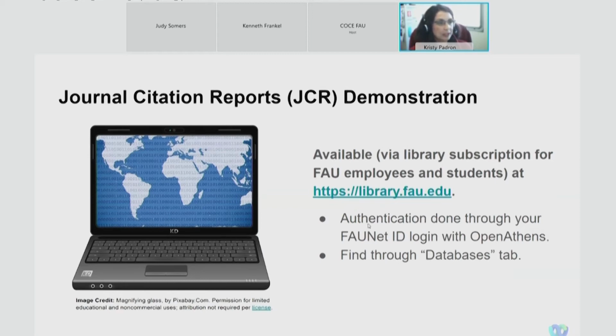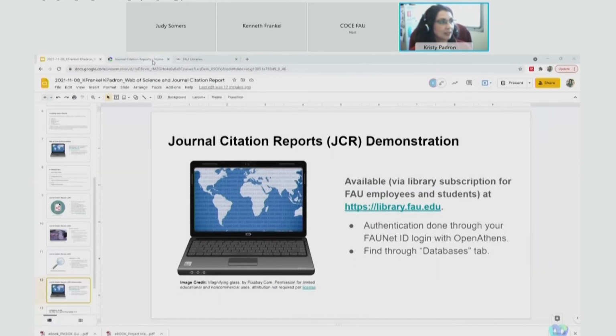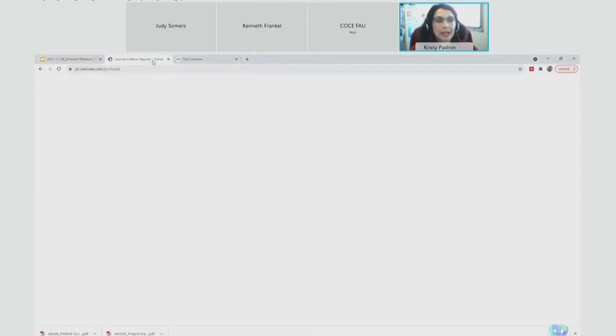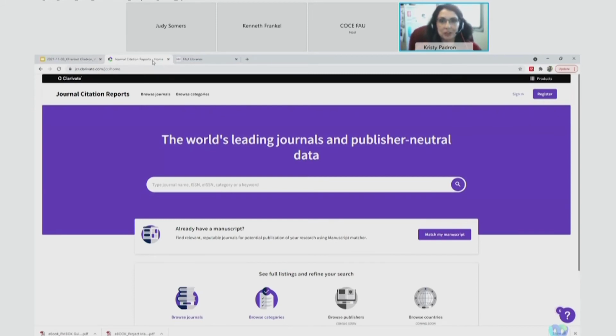Okay, so I'm going to make a little transition from my PowerPoint to the Journal Citation Report. Okay, so this is the Journal Citation Report. You've got a variety of ways to try to find information about journals. You could browse the journals by name here, or you can go to categories. So if you're someone who's interested in finding the journals for your particular discipline,